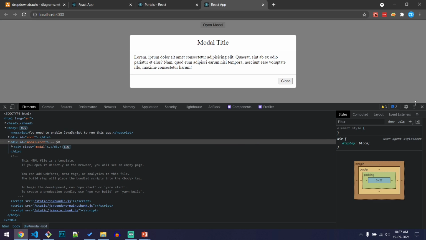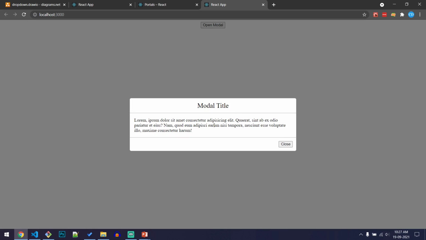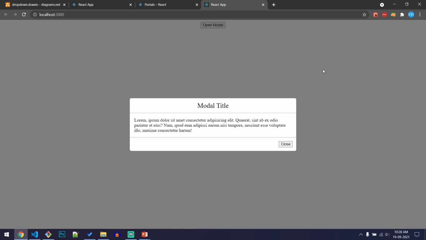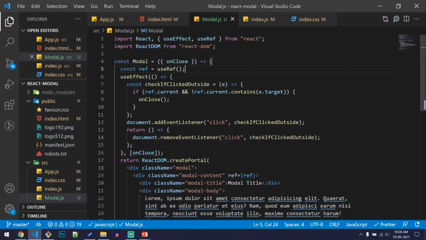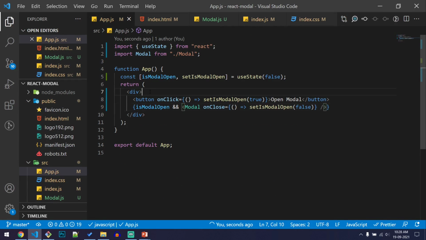Now if we open the browser and see, if we click outside, it just closes the modal. If we click inside, nothing happens. If we click on the close button, it closes. We'll check that again. Yeah, it works fine. One final thing we'll be implementing here is, let us see how the modal looks when there are scroll bars here. So to make scroll bars come, let us add some content to this page.